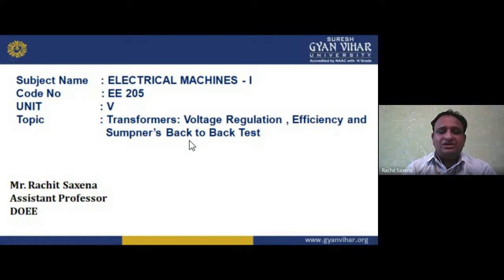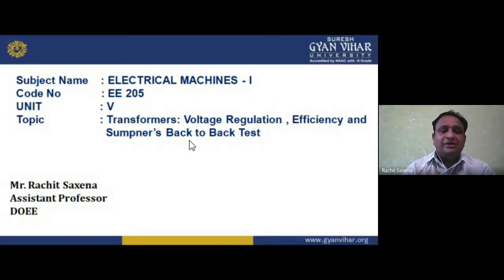The motor and generator come in the category of rotating electrical machines. But the non-rotating electrical machine is the transformer. The transformer does not work on DC, sorry, it always works on AC. According to Faraday's law of electromagnetic induction, whenever there is a change in flux linkage, or when we cut the flux, there will be an induced EMF, and if the circuit is closed, an induced current.